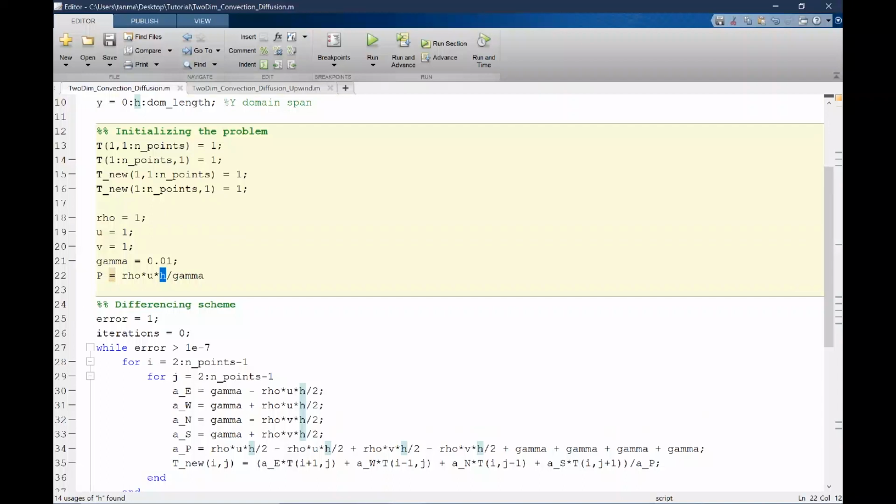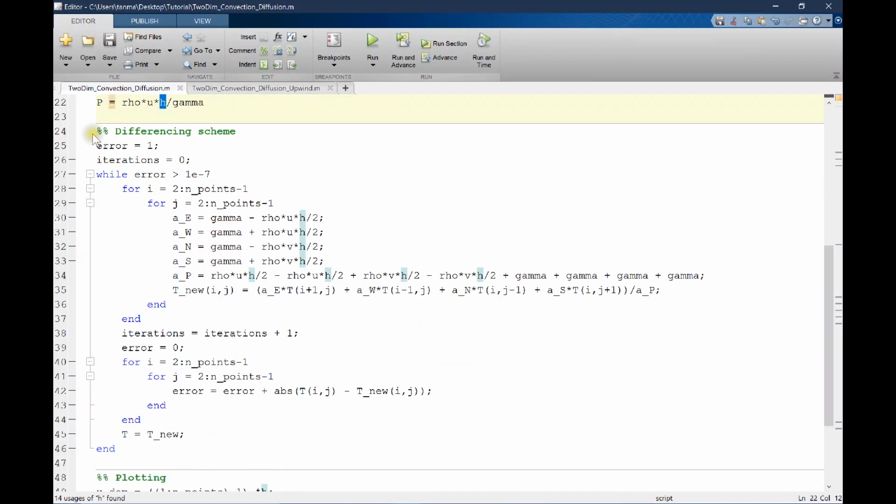Previously we had defined the Peclet number based on the entire domain length or the height, but here I am defining it based on the grid spacing, and I'll show you very shortly why, because there is a computational or physical reasoning behind that.